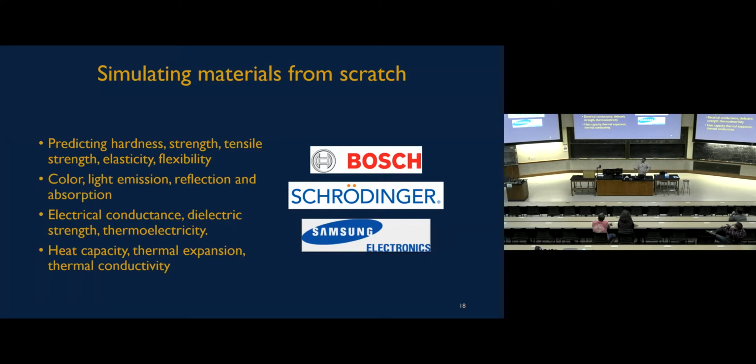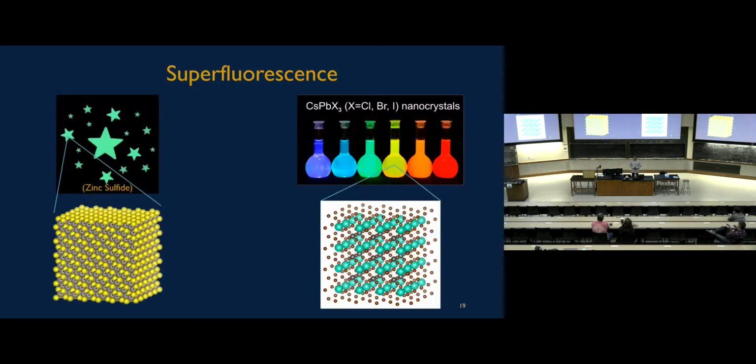we do understand from physical theory, such as hardness, strength, flexibility, elasticity, electrical properties like conduction, optical properties like what color a material will be, how much light will it absorb, will it be transparent, how much can you pull it before it breaks, and so on. So there's a whole bunch of properties that you can find using basic physics. And so let me give you an example of one material that we discovered using these techniques.